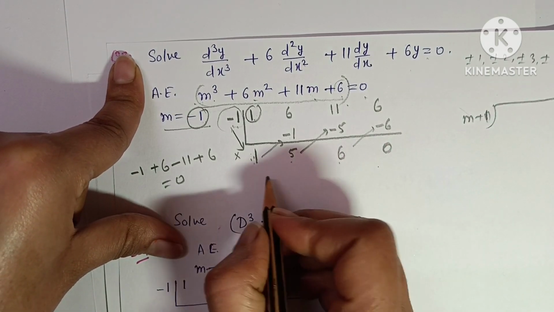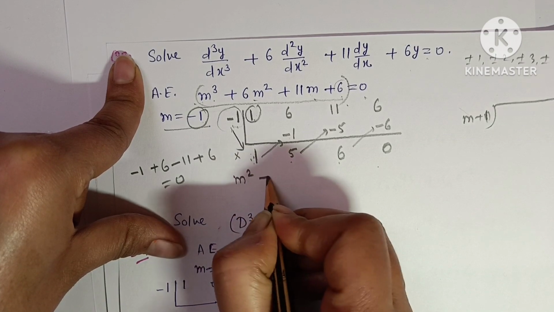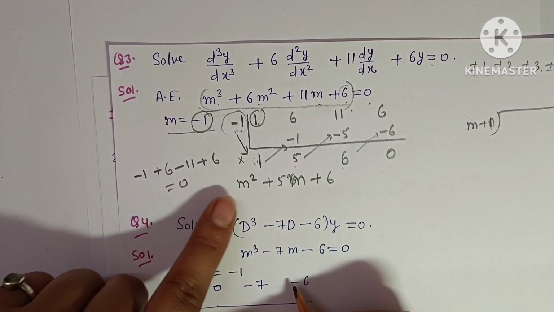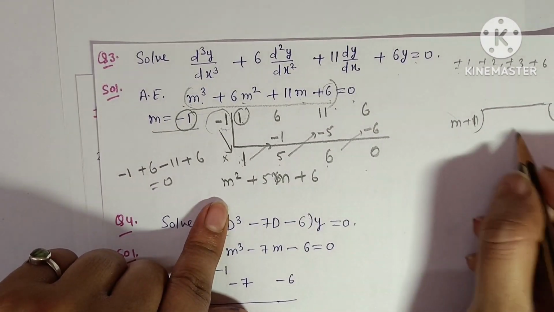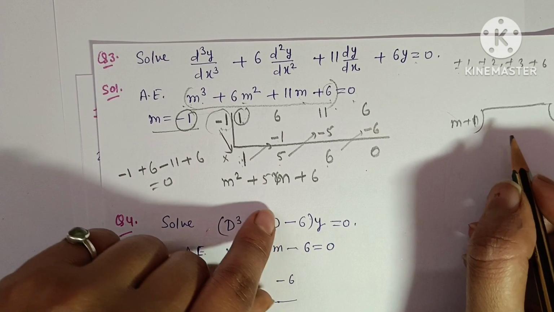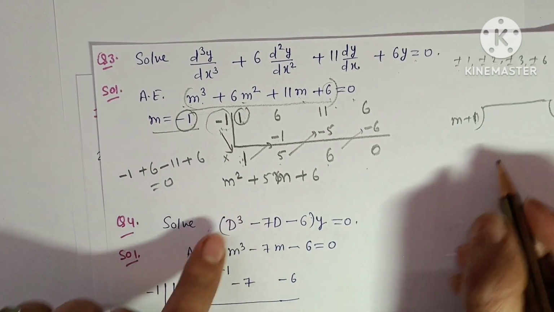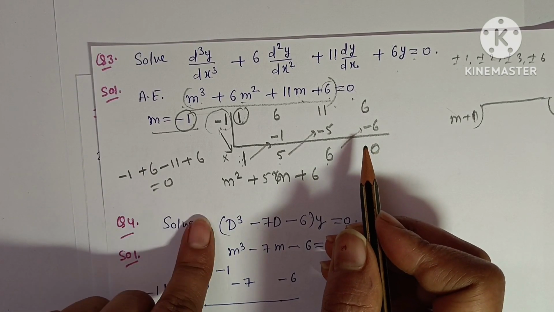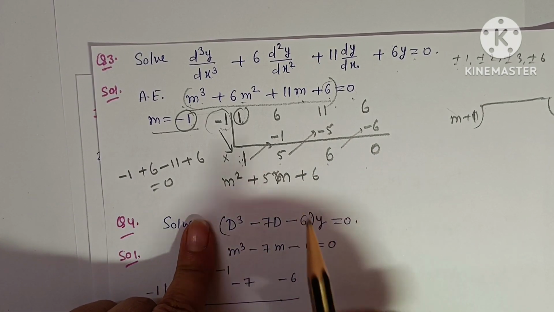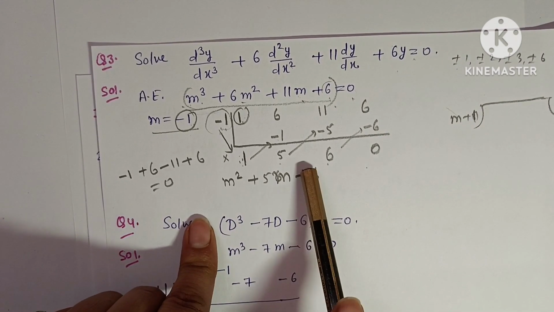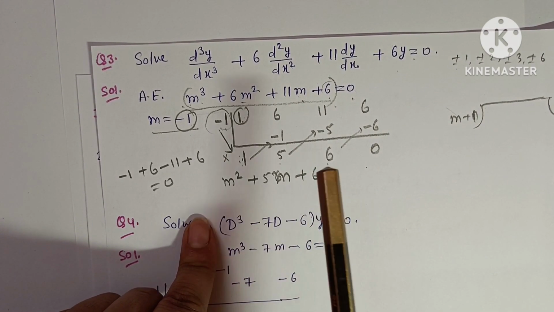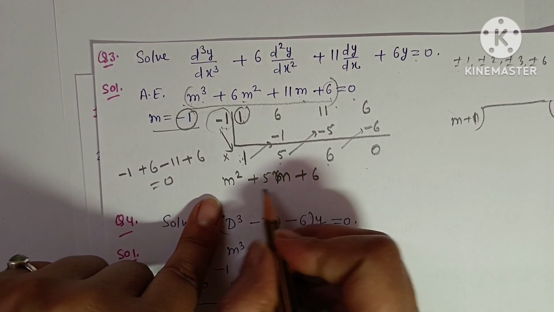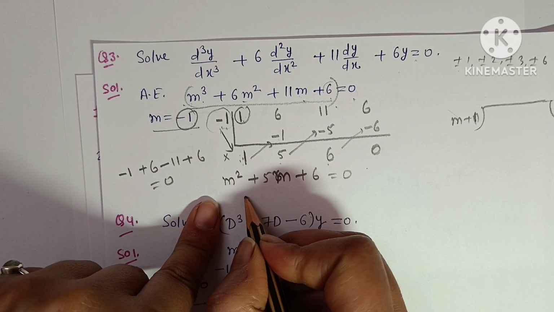Now you have this quadratic factor here, m square plus 5m plus 6. If you use the long division method, then also you will get the quadratic factor to find the other two roots. But I follow this method because I like it. This is the shortest method. If you also like it, then you can also use this method. And if you like this method, please comment in the video that you like it and you also learned it.